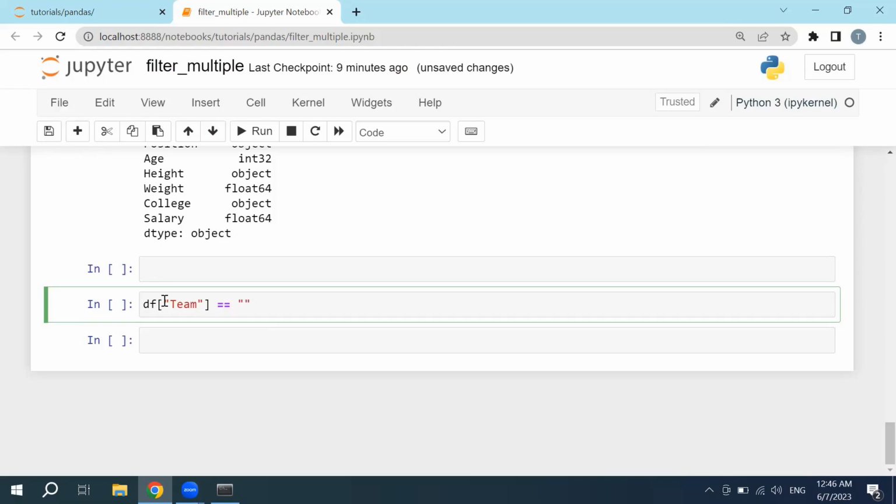Be sure that you have 2 equal signs instead of 1, because if you type in 1, it will assign that value to each row of your data frame column. That's not the same as this one. It has 2 equal signs if you want to filter them. And the name will be what? Boston, as an example, Celtics,